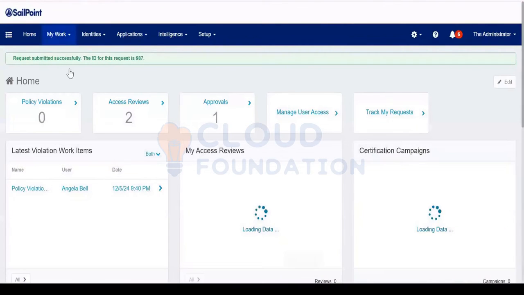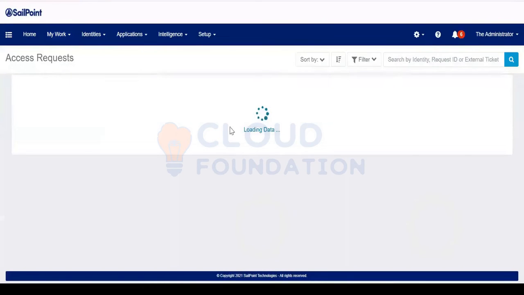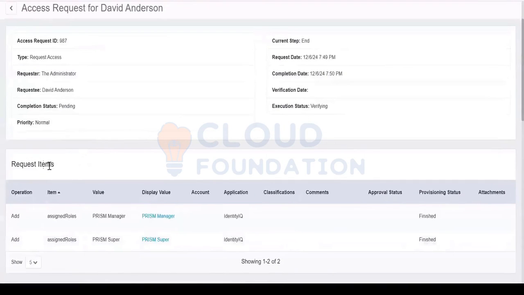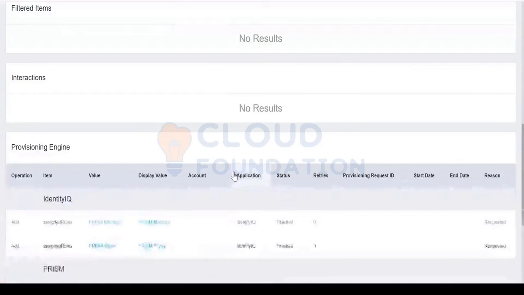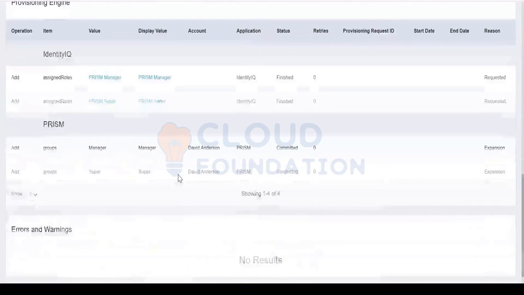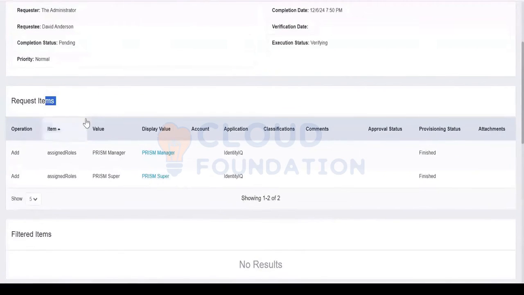Now you can see the request has been submitted successfully. Now I'm going to open the access request. Here you can see no violation found. Access has been granted. Since in my system I have disabled the approval, access has been directly provisioned. You cannot find a policy violation here.